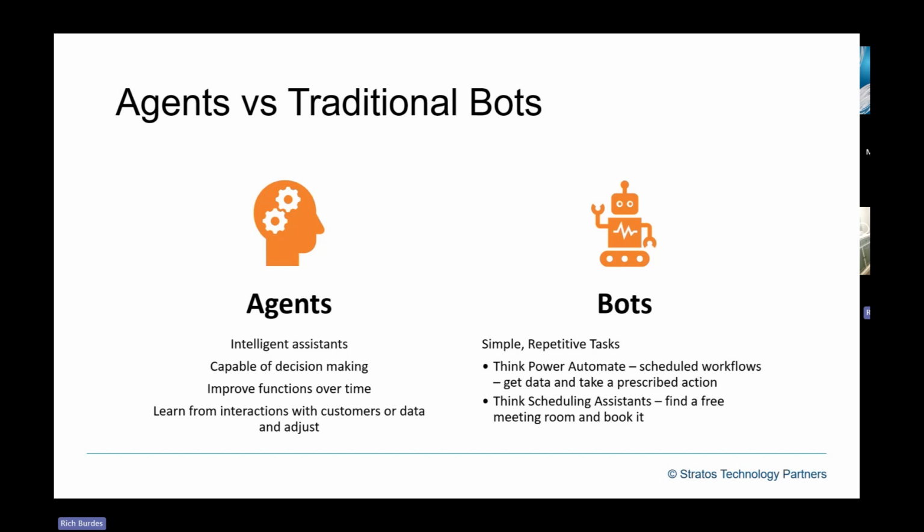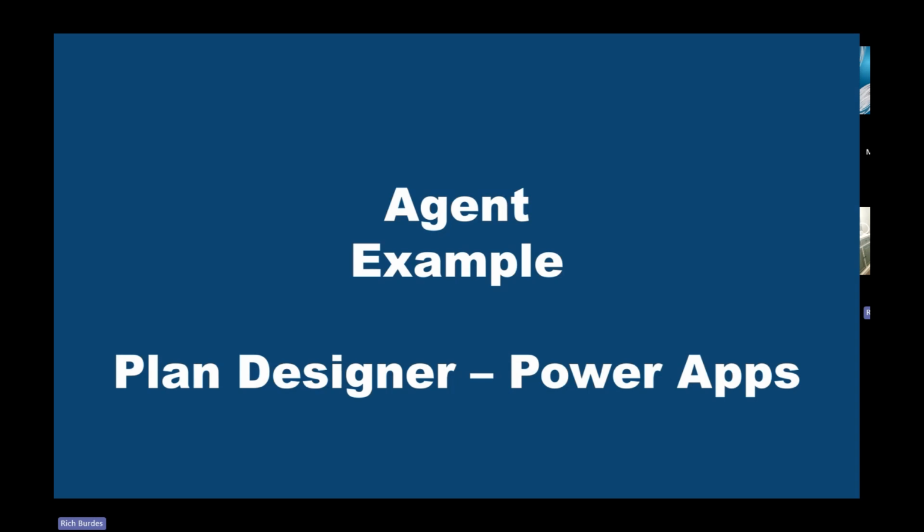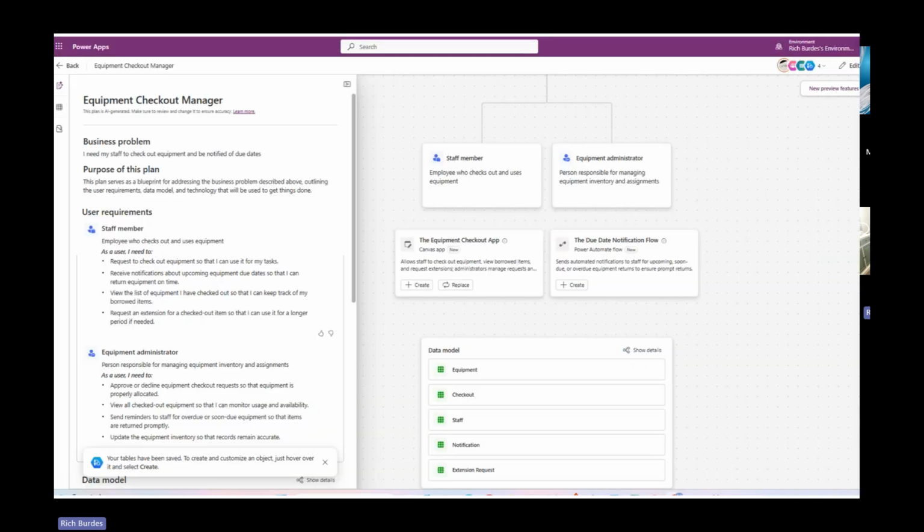Hopefully that would help. To step through an example of a new agent, and because it's dear to my heart, we'll look at Power Apps, because Power Apps has an agent called Plan Designer, which is now generally available. The interface you'll see from Plan Designer is you'll have the ability to ask or set out a business problem, and then if you look, I think, where's my mouse? Yep, up in the upper area of your Power App screen, you'll see there's actually 3 agents that help you